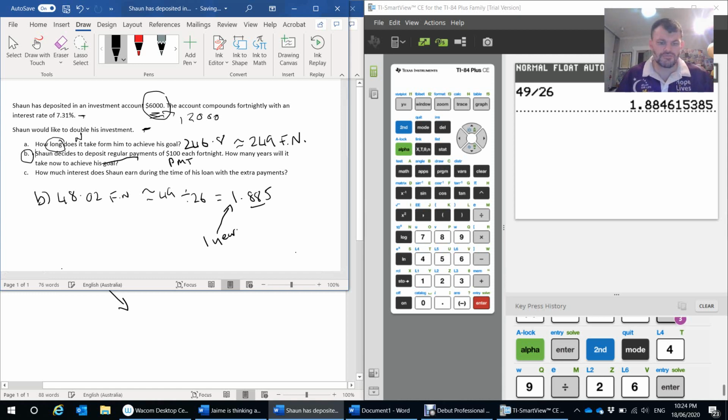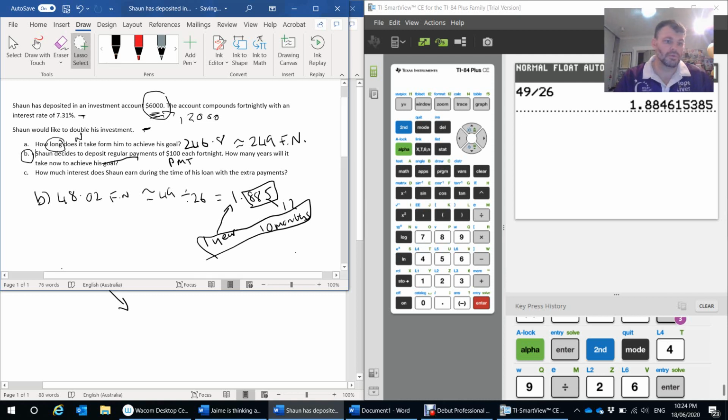But we've still got this decimal part here. We need to work out, well, how many months out of that year is it going to be? So all we do here is we times this part here by 12, and we get 10 months. So it's going to take him 1 year and 10 months to reach his goal of $12,000 if he deposits $100 each fortnight. So the last question here is, well, how much interest does he earn during this time